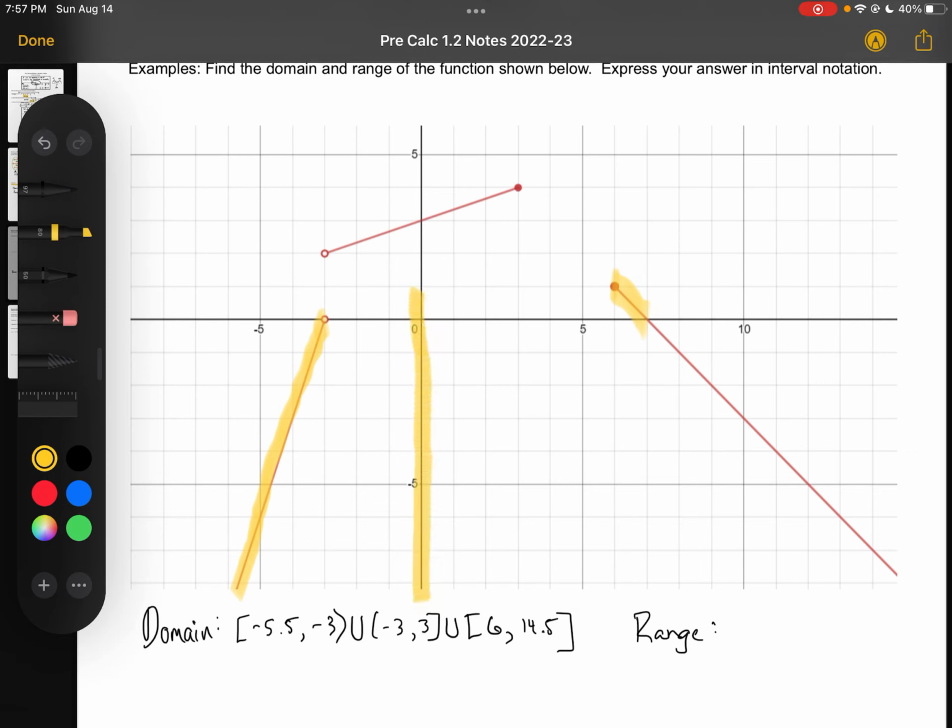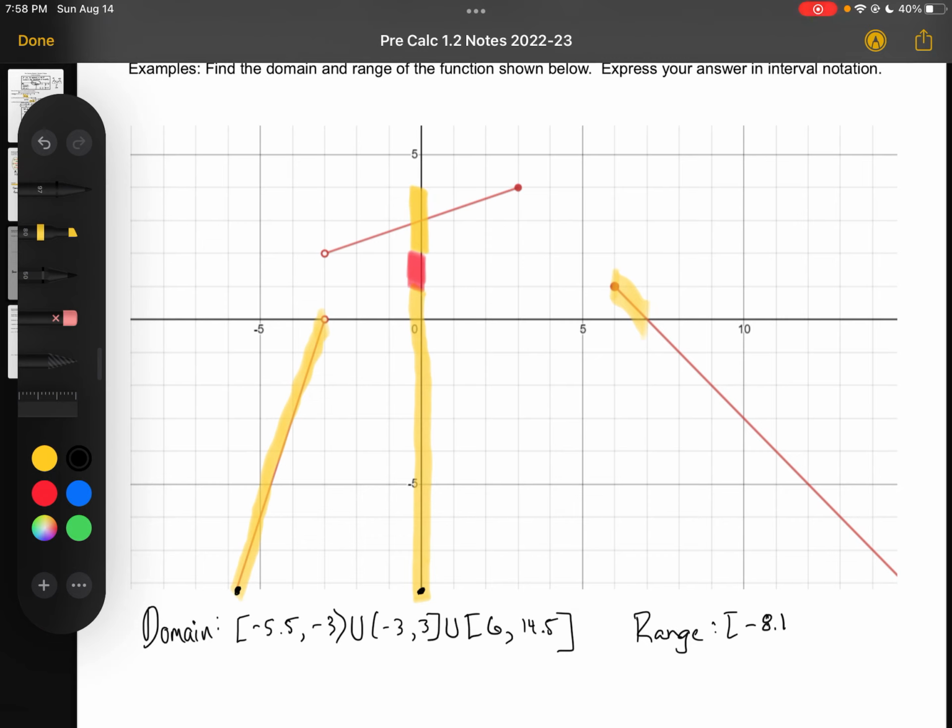So if we're tracing on our y-axis here, it looks like we get this entire range, and then we have a gap. There's nothing up and down right here, and then we start back again from here to here. So our range actually looks like there's less gaps. There's only going to be one union. So if we start off at like negative 8.1 maybe, again, just guesstimating here, I think this is like our lowest point on our up and